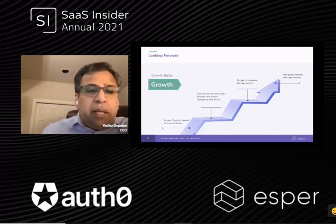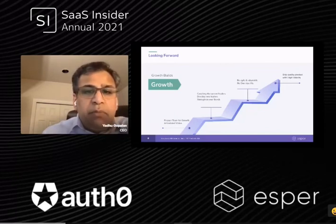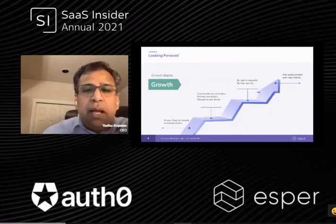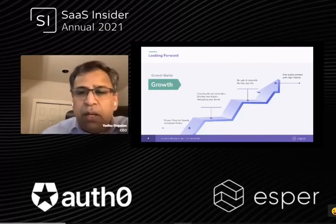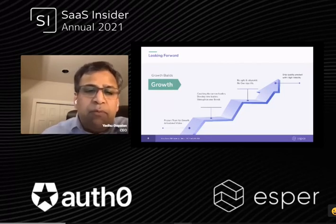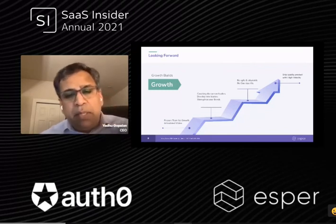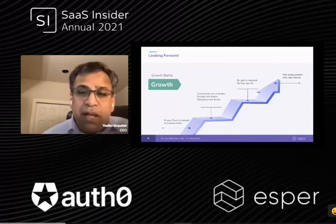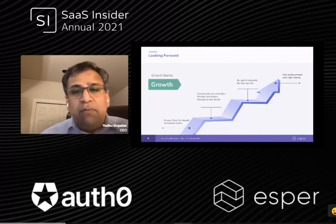So the key thing is, once you've built a scalable team, you can look forward to shipping high quality products with high velocity, and that's the real goal. And that growth builds on and layers on top of each other. As you're able to ship one version of your high quality product, your team learns the ability. They understand the challenges, and they also get the reward of doing this. And that's really important. And as you're on your way to do that, you've got to be agile and understand